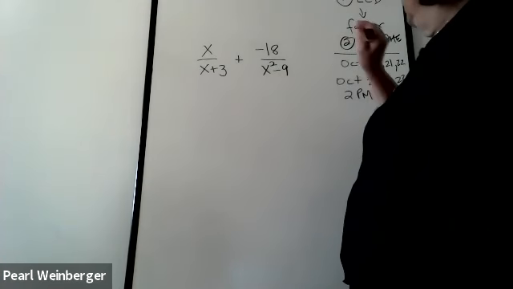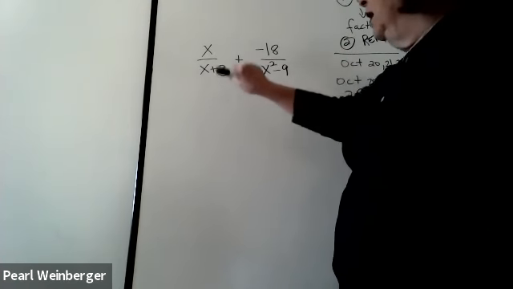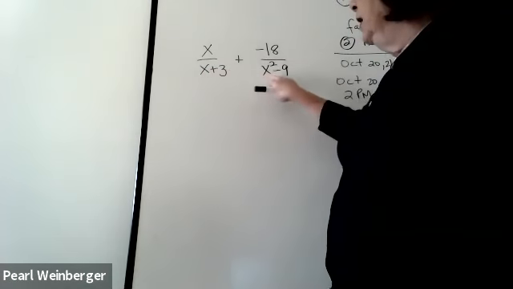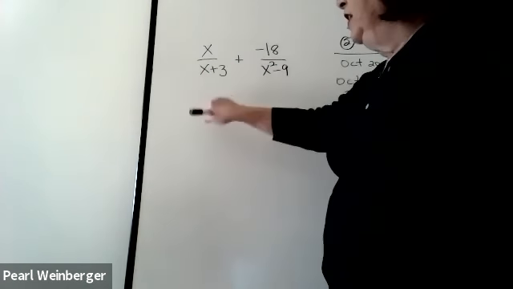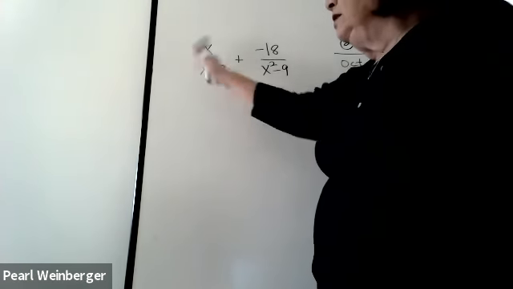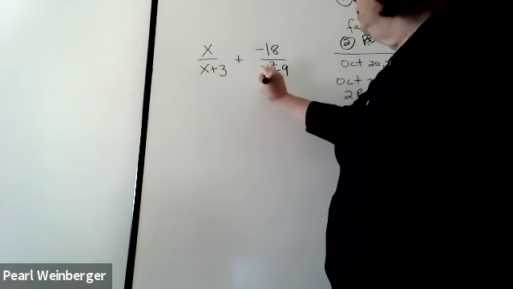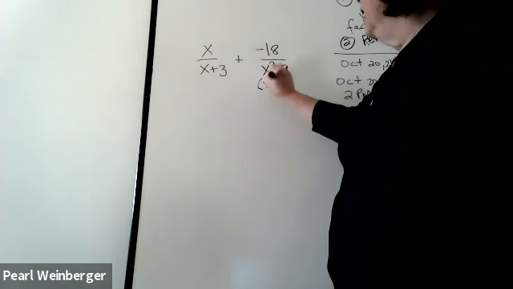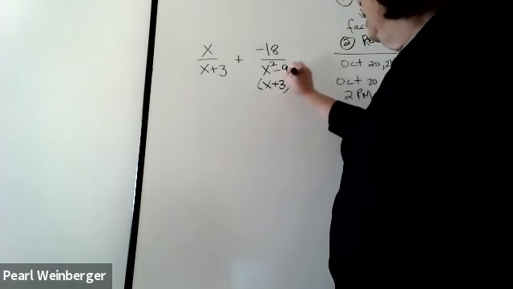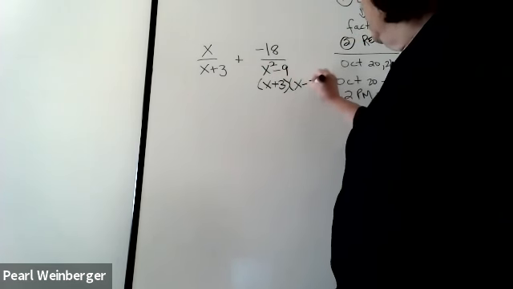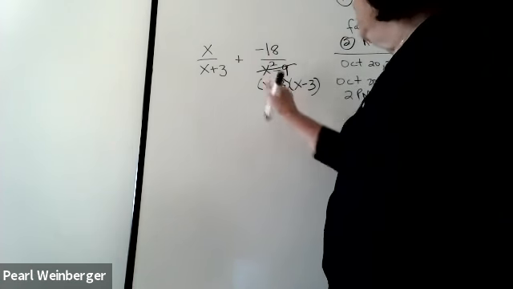Step one, we have to find our common denominator. Since these are binomials, we have to factor. Now, x plus 3, there's nothing to do. It's in factored form. But x squared minus 9, we can factor to x plus 3 and x minus 3. It's the difference of squares, and we get